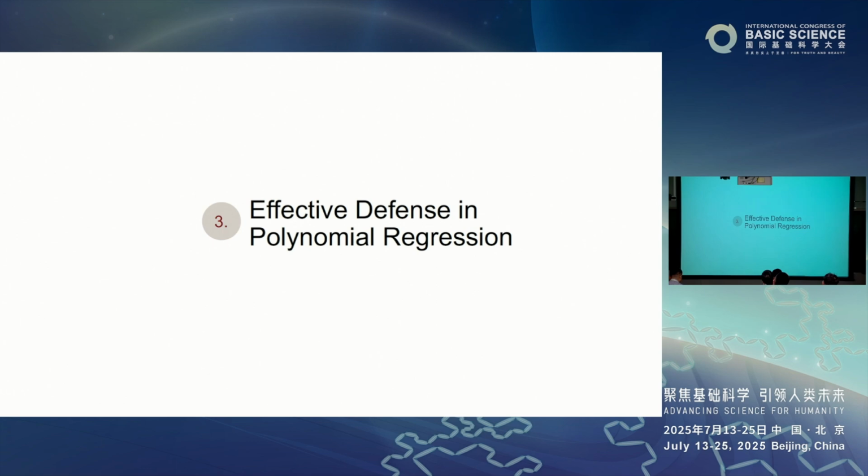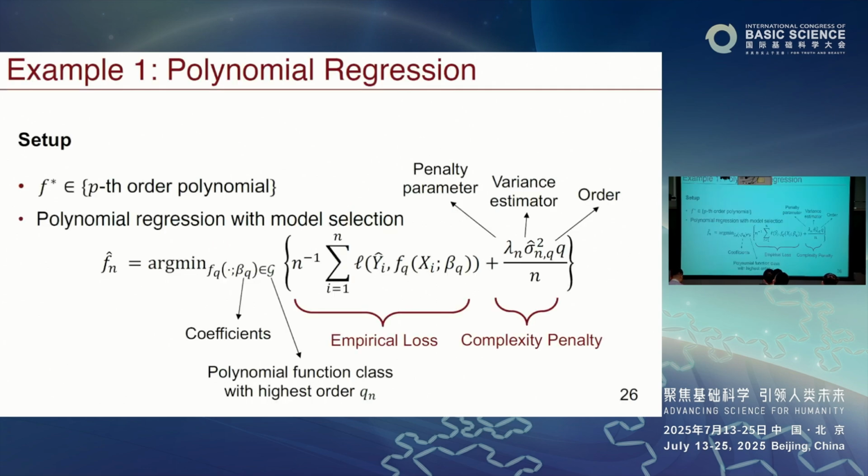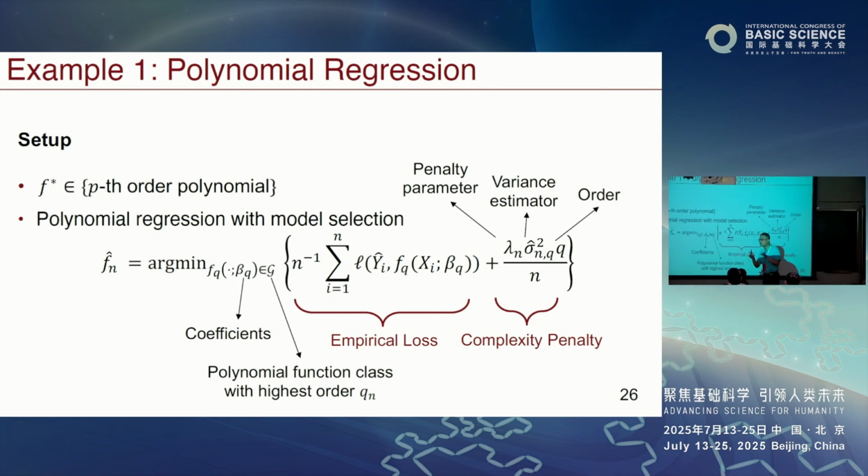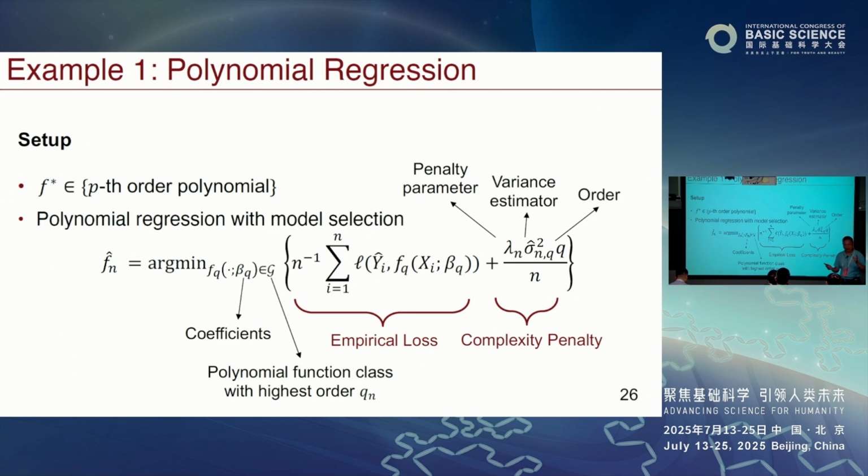So now let's talk about effective defense in polynomial regression a little bit more concretely. Let's suppose the true function F star is a piecewise order polynomial. And of course, the attacker doesn't know the order. And here we're talking about a specific attacker learning algorithm. That's one case. You know or you guess the attacker is using a certain way to learn. So the way is a standard